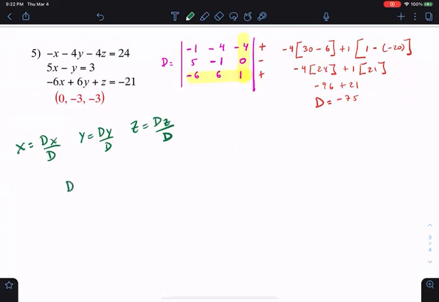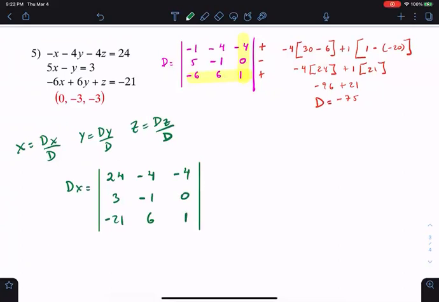So Dx, again, I need to replace the column of x with the constants on the right side. So basically I have to write 24, 23, I'm sorry, 3 and -21. And then I need to write the columns of y. They stay fixed. So -4, -1, and 6. And z's, I have -4, in the second equation I don't have z, so that's a 0, and then a 1,